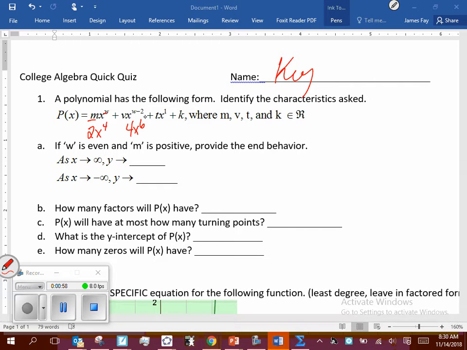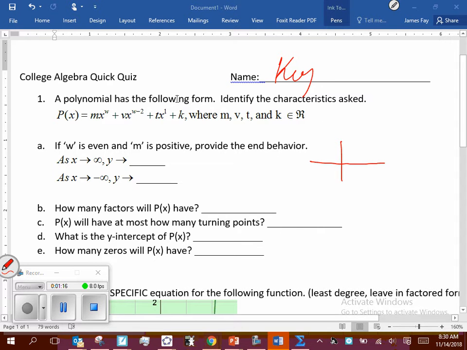Try it several times with several different m values and several different w values, abiding by the criteria set forth in Part A. And you're going to find out that if it's an even power